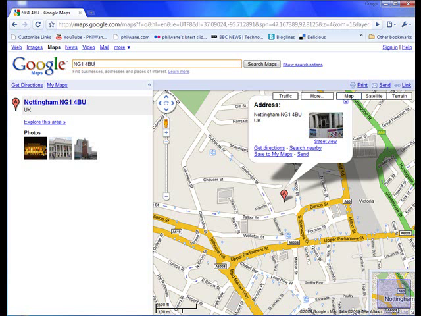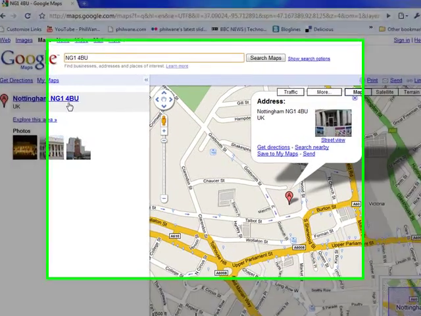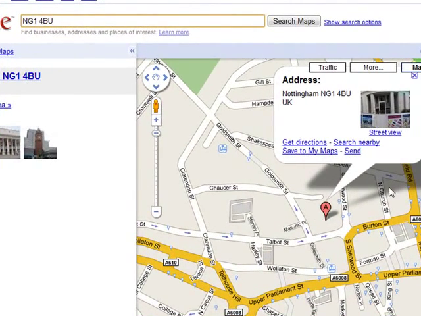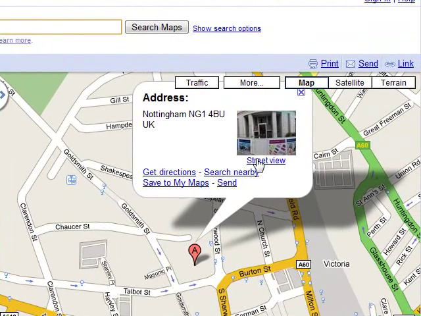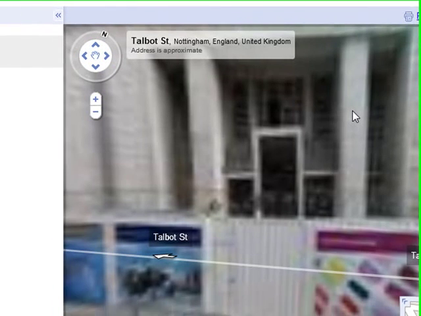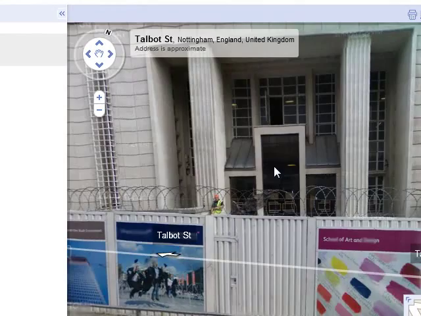Okay, this is just a quick look at the latest addition to Google Maps, which is Google Street View. What I'm going to do for this quick look is go into the Street View option for the area around the university. If Street View is available, it will tell you when you go to the map. So I'm going to click on Street View, and here we have